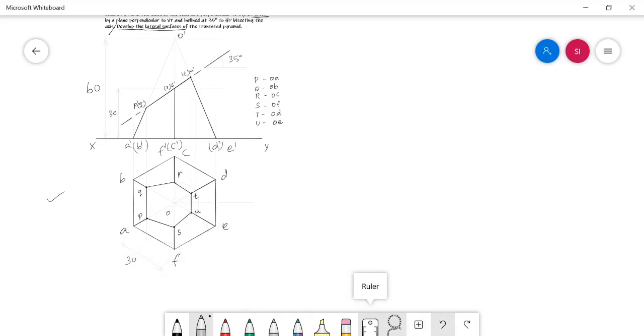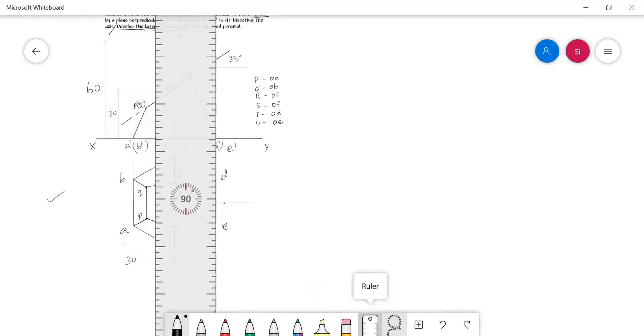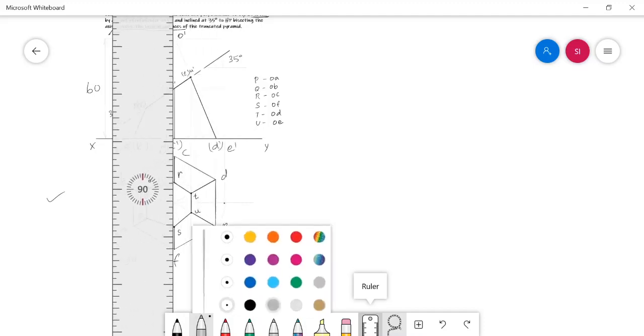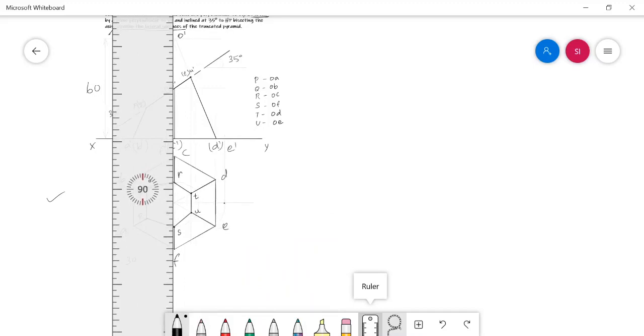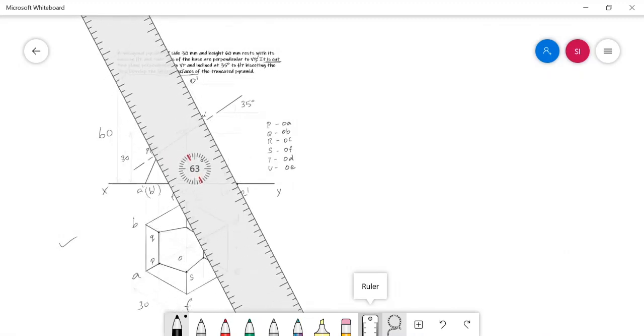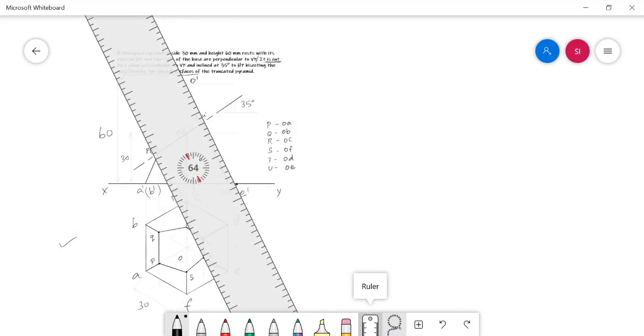we have to draw an arc towards this new horizontal line. Here I just got a cut point. From this point, I need to draw a vertical line towards the XY line, which is perpendicular to the XY. This line will intersect the XY at a point. This point should be noted. And from this point, I need to draw a straight line towards the apex point of the solid.